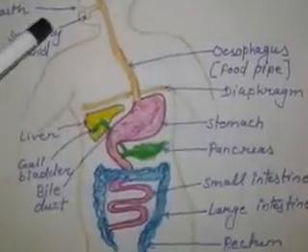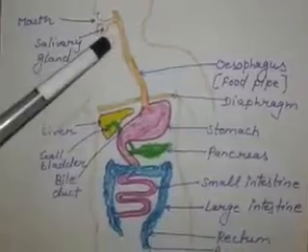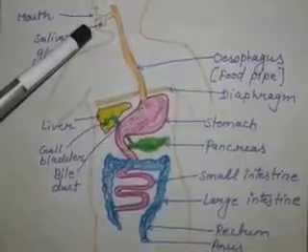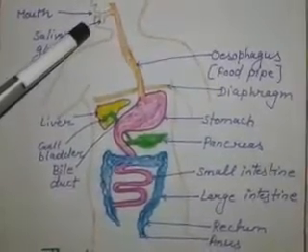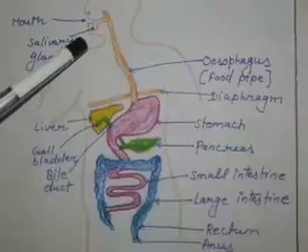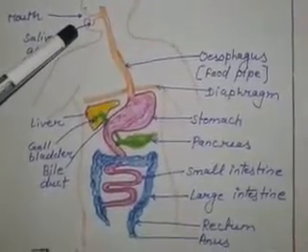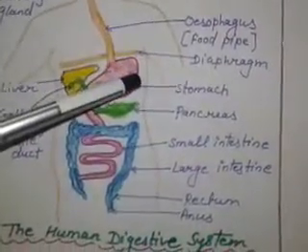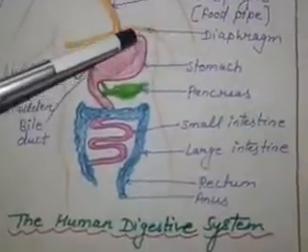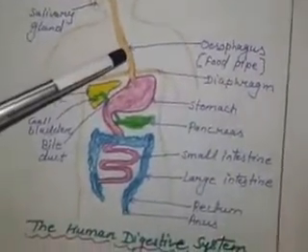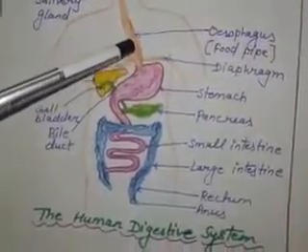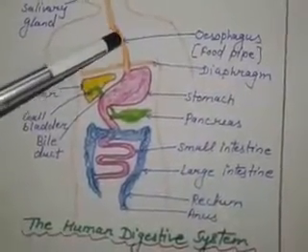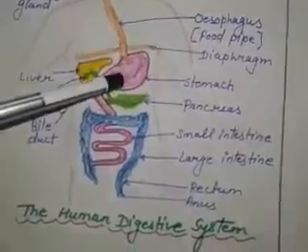Food is broken down into simpler, smaller pieces by the teeth, and the salivary gland present inside the mouth secretes certain enzymes such as amylase, which digests starch present in food. Then food is swallowed and goes down into the esophagus, which we call the food pipe, where the inner wall of the esophagus shows peristaltic movement, that means contraction and relaxation of the inner lining, through which food goes into the stomach.